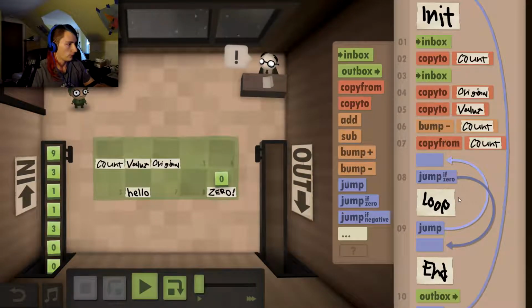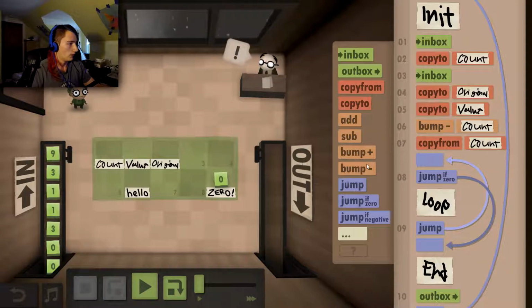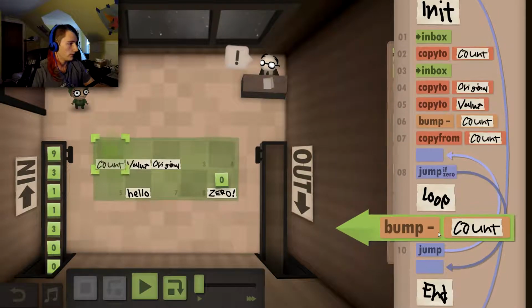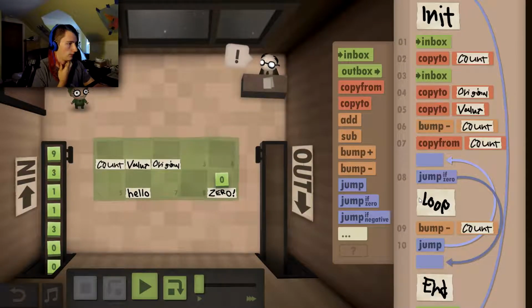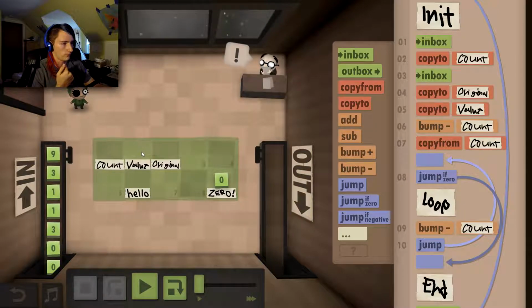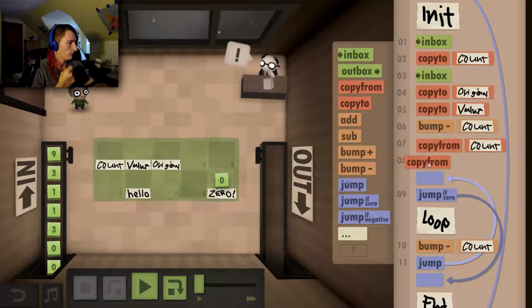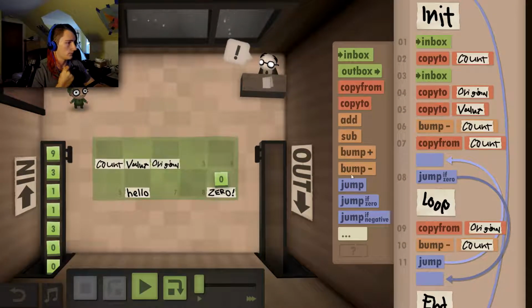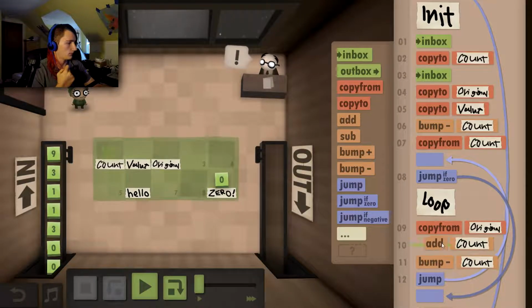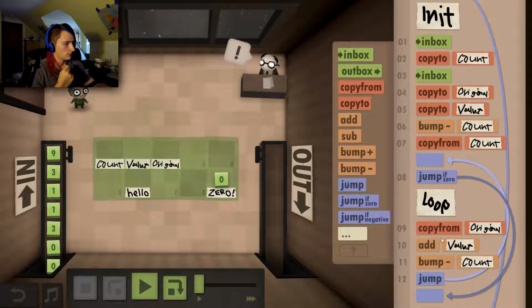But if it's not 0, in the end, we want to subtract 1 from the count, and we want to add the original to the value. So we need to copy the original value, and then add it to the current value, and then